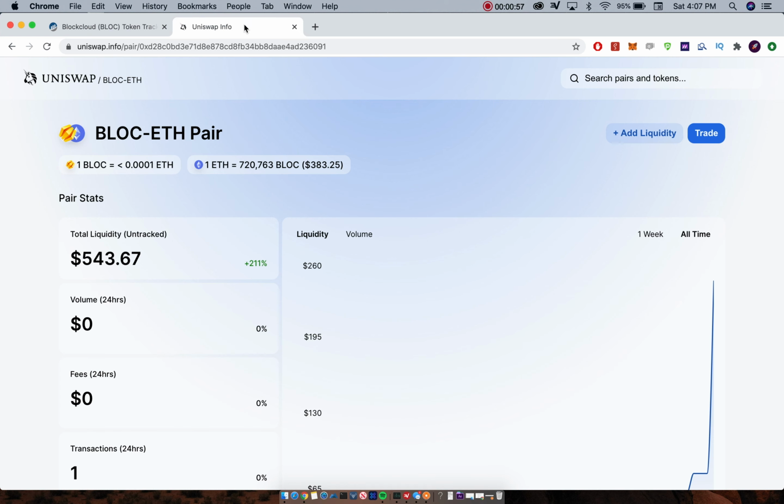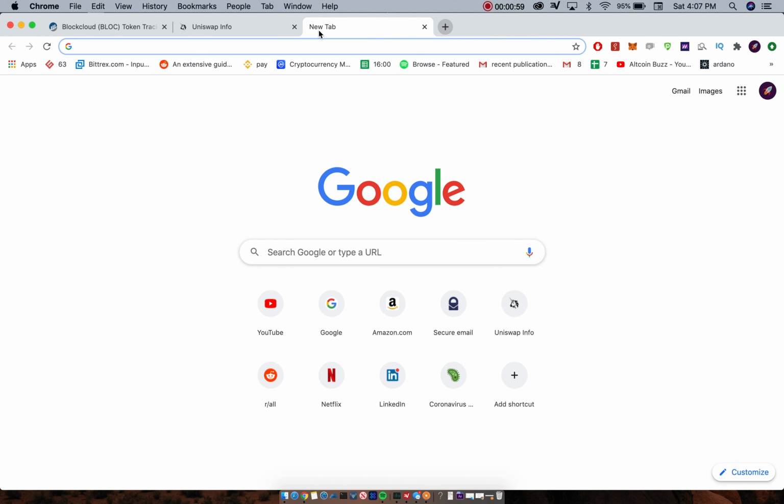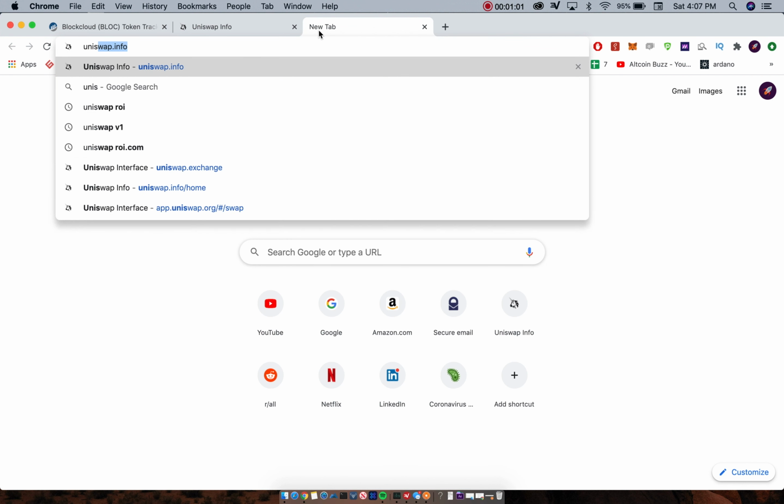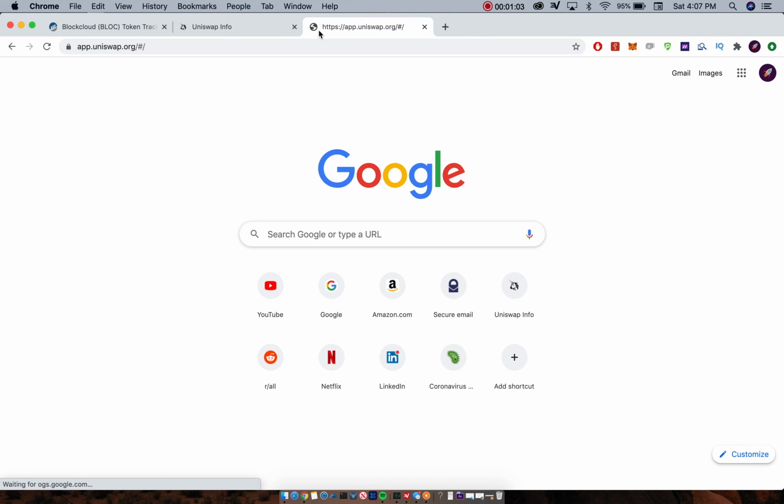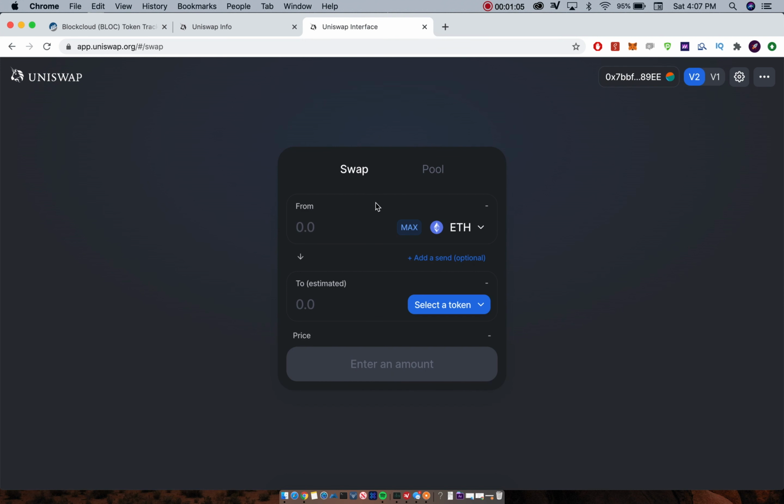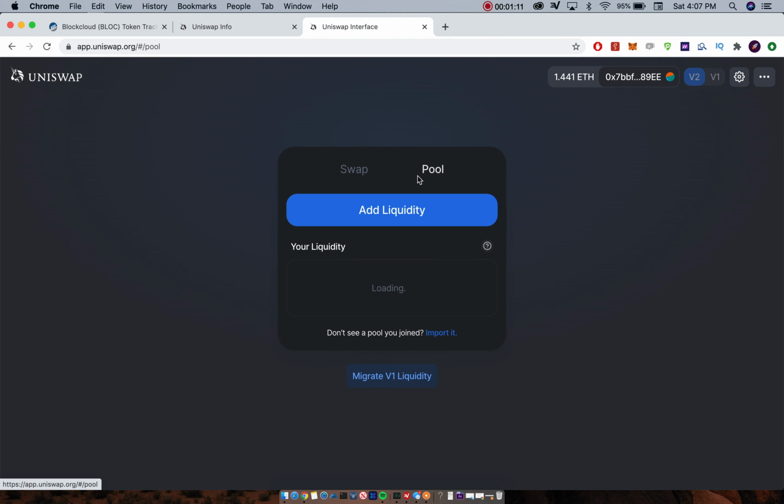I will copy that, always have that on hand. And then next I will go to uniswap.exchange. This is where all the action happens. This is where you can swap, so people can swap stuff, and this is where you add to the liquidity pool. So I hit pool, and I hit add liquidity,